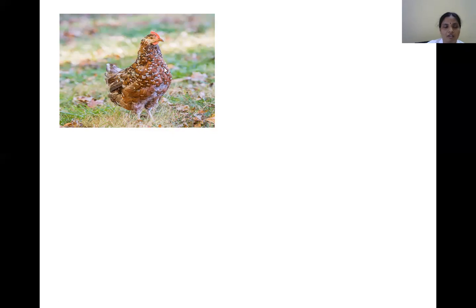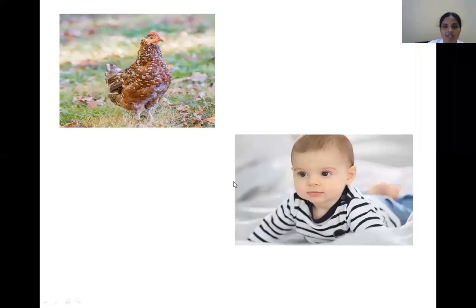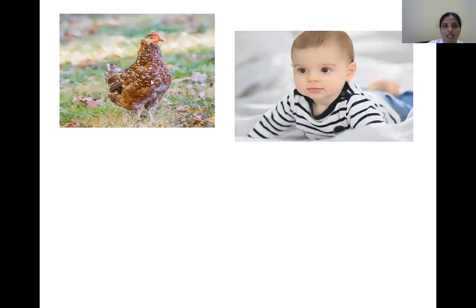Okay, all of you, identify this picture and compare it with this. What the hen is doing here is to peep forward, means looking forward by raising the head. Here in this picture, the child is holding the head upwards, means by raising the head. So how is he raising it? How can he raise his head? By the contraction of an important muscle.